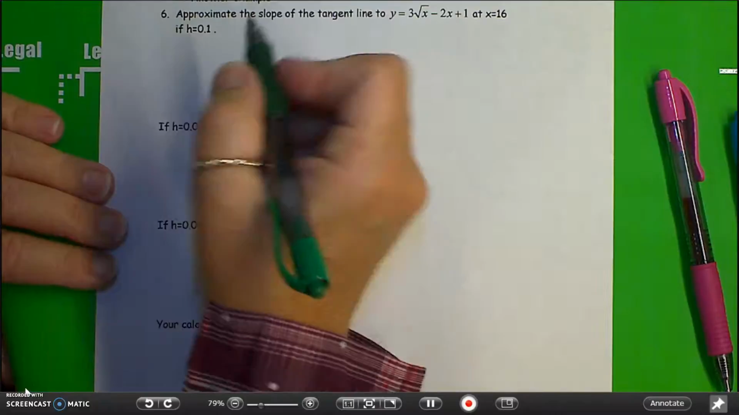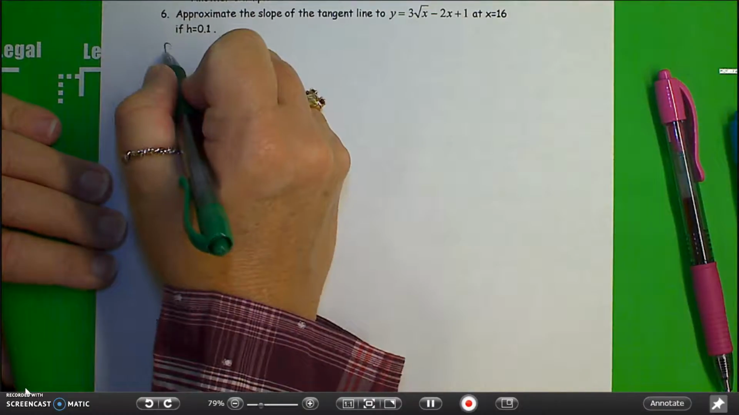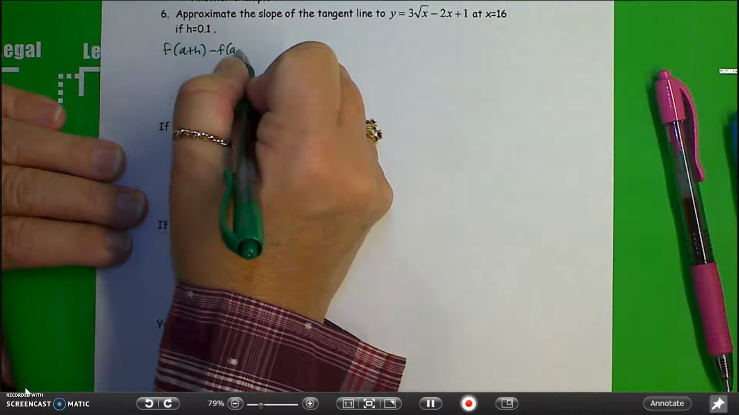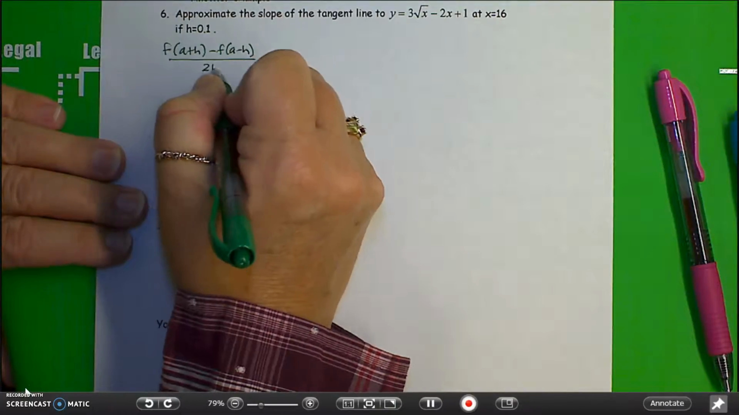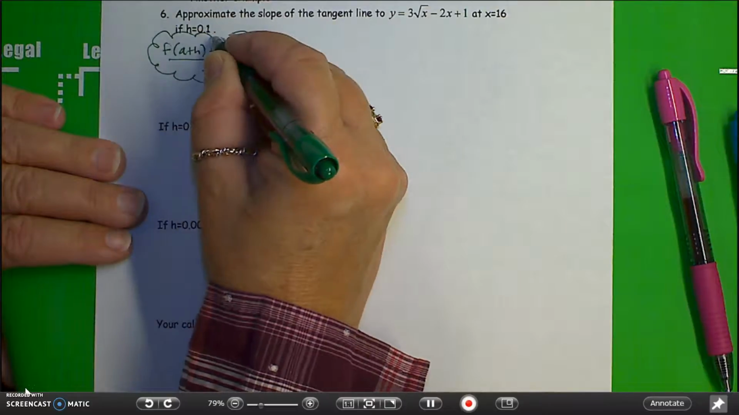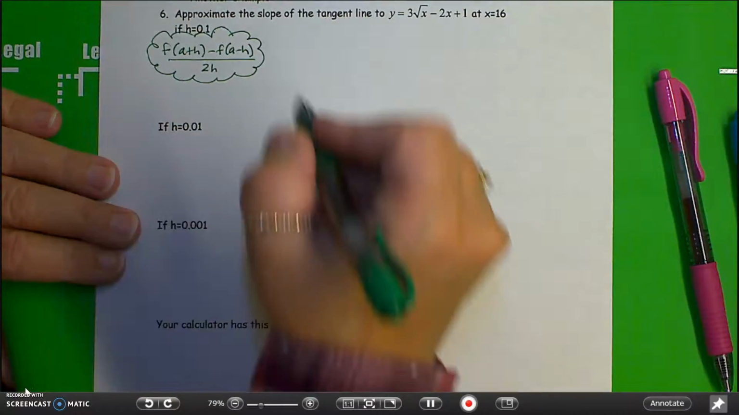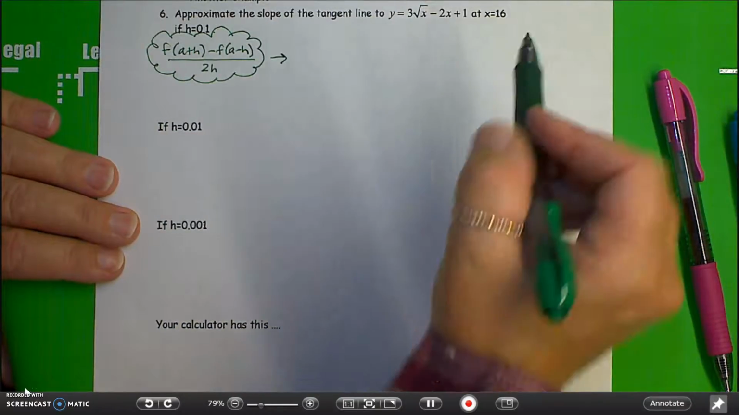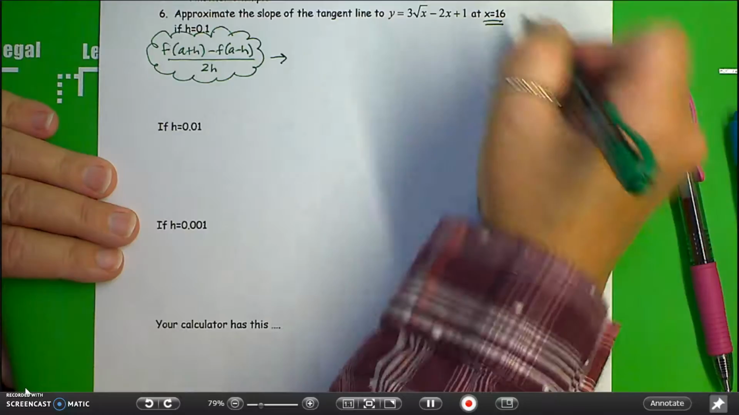So for the symmetric difference quotient, we're going to use f of a plus h minus f of a minus h all over 2h. This is the formula. I like to include it on my paper so I can see what I'm doing. In order to do this, my a value is 16,